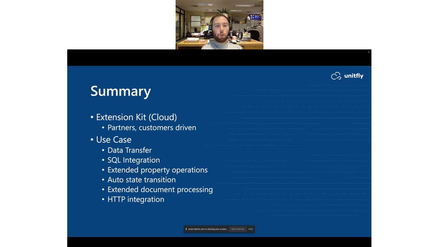We also use the extended document processing to merge or to add one extra page to incoming invoice, and we use the HTTP integration for sending all this information about approved invoice to the ERP. And also what I mentioned at the beginning,